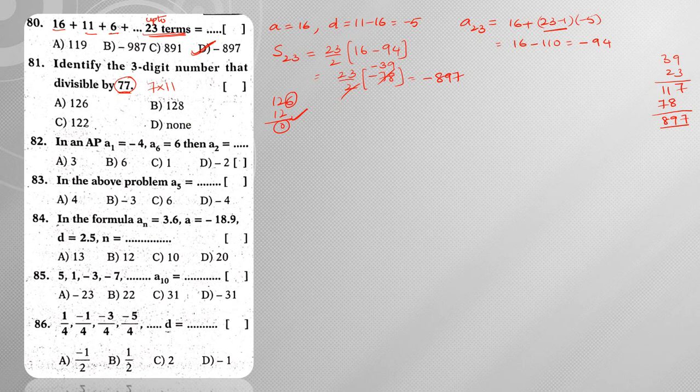For the divisibility rule of 11, what should we do? We need to add up the odd place digits and compare with the sum of the even place digits. If the difference is equal to 0 or a multiple of 11, then we can say it is divisible. Since it is not divisible by 11, hence it is not possible. So here also, this is also not possible.